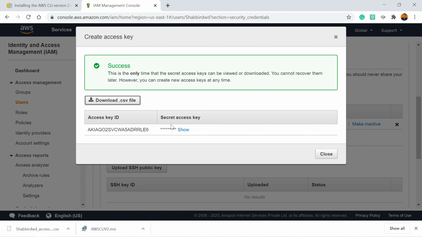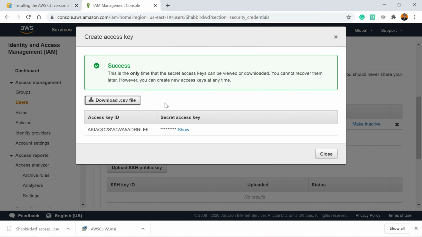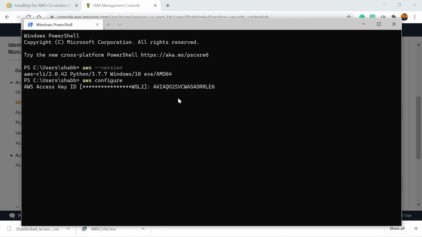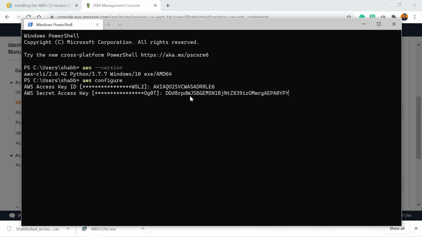Now once we have got this information, we have to go to our CLI tool and then we need to configure it. To configure the AWS CLI tool, the command is aws configure. Once you enter this command, it will ask for your access key and your secret key. So we'll give that information over here. You can see that this is my access key. I'll just copy and paste over here, and for the secret key, it is also available inside the CSV file which you downloaded, and for the first time you can also get the information from here. So I'll copy from here and paste over here.